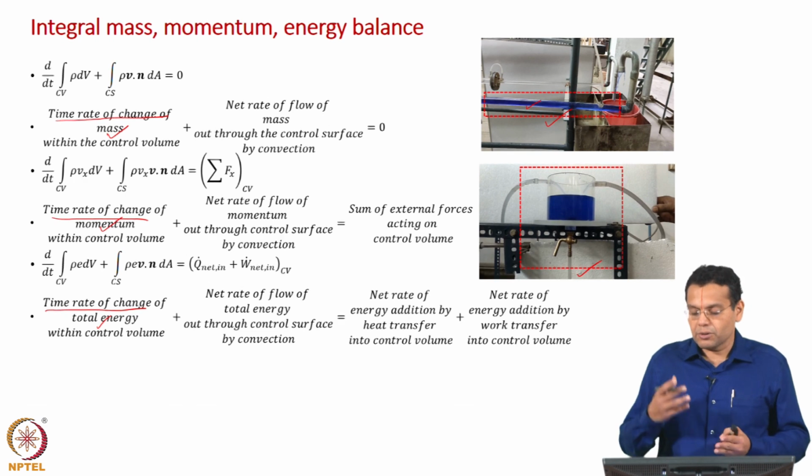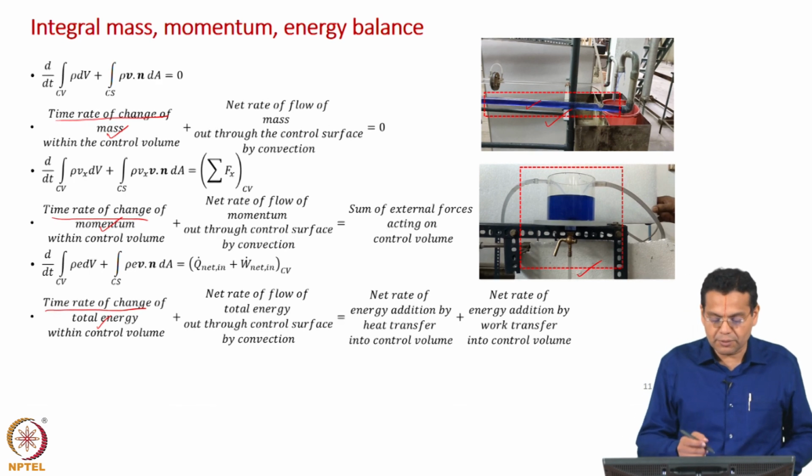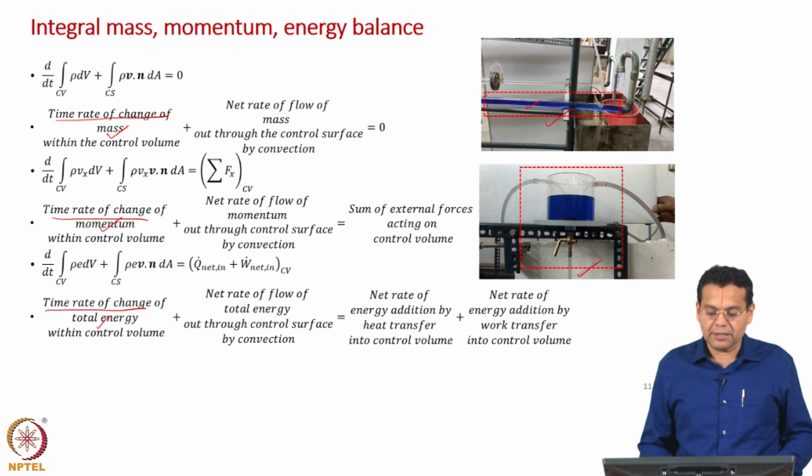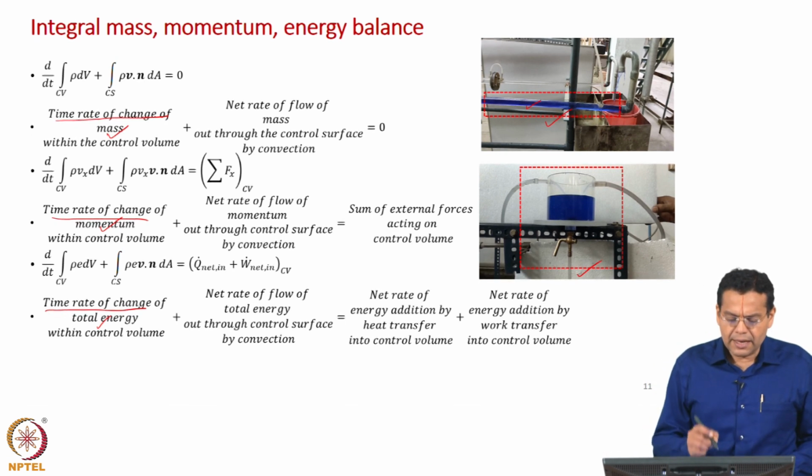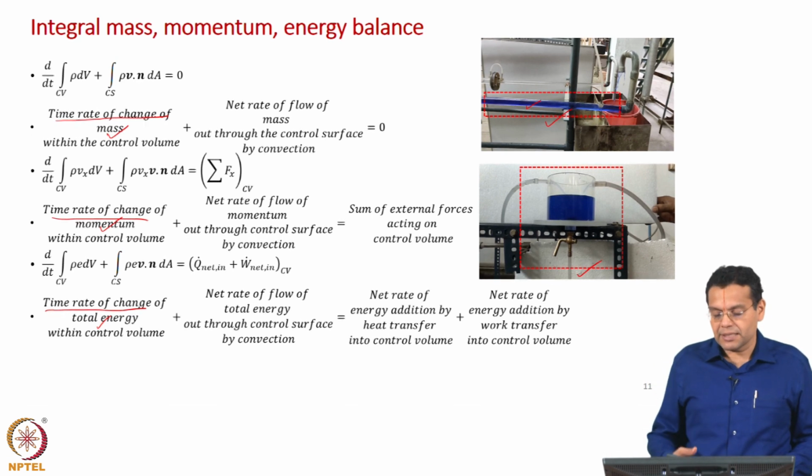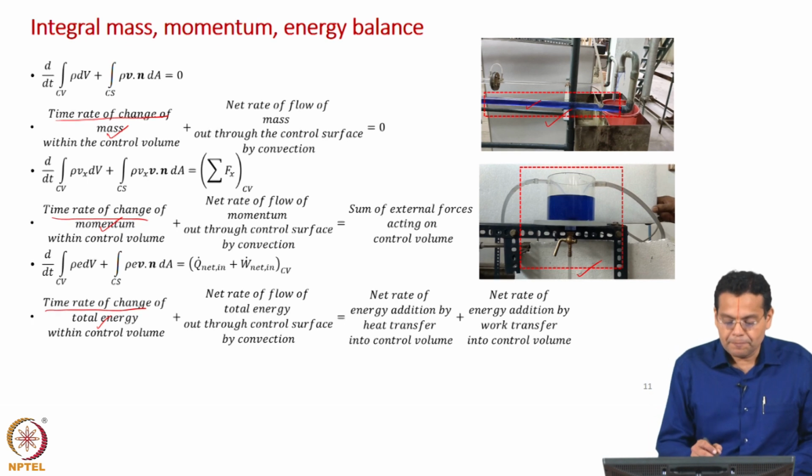In fact, total mass, momentum and energy, and that is what is reflected by the second term on the left hand side. And of course, as per our sign convention, all of them are net rate of flow out through